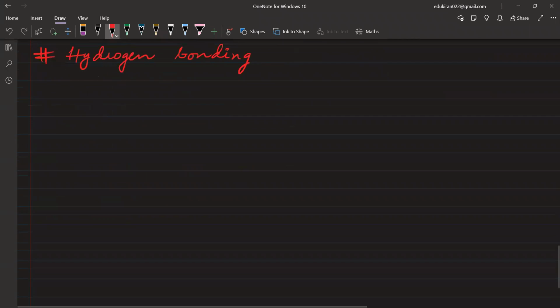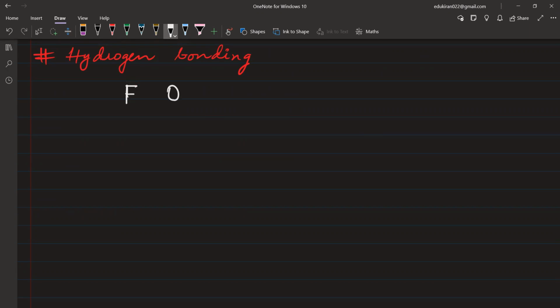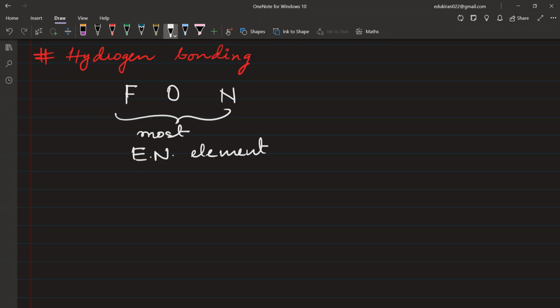Listen carefully. This concept of hydrogen bonding will be used in the last chapter of your 12th standard. So hydrogen bonding is one of the most important concepts that you are going to learn in 11th standard. What is hydrogen bonding? Please listen. If you remember the electronegativity series, the most electronegative elements are fluorine, oxygen, and nitrogen. Don't write anything, please listen. These are the most electronegative elements. Now, when these most electronegative elements are bonded with hydrogen and have a covalent bond with hydrogen,